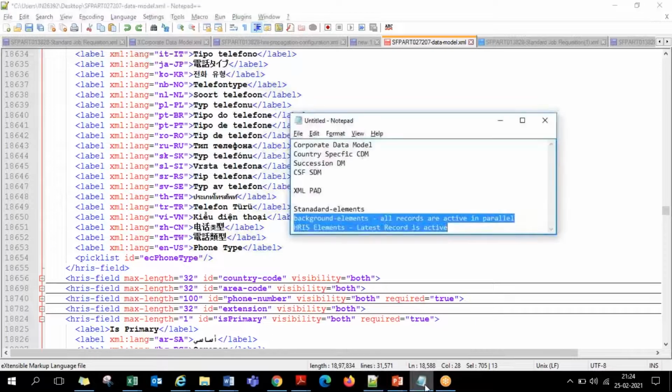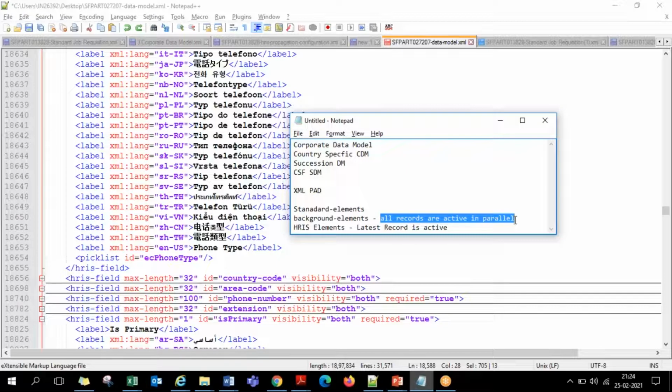But from a behavioral perspective, as I told you yesterday, any background element portlet has a behavior where all records are active, guys. Either you have two records in that portlet, or you have 20 records in that portlet. All records are parallelly active. I have 5 certifications, all 5 are active, all 5 will be shown on the screen. I have 4 educational records, like my schooling, my +1, +2, my graduation, post-graduation, 4 records. All 4 will be shown on the screen. All are active. That is the nature of the background elements.